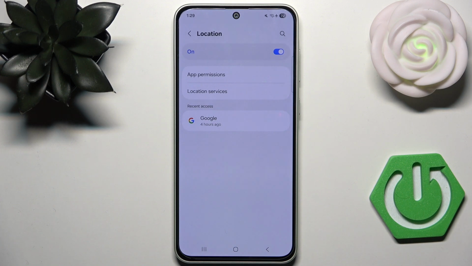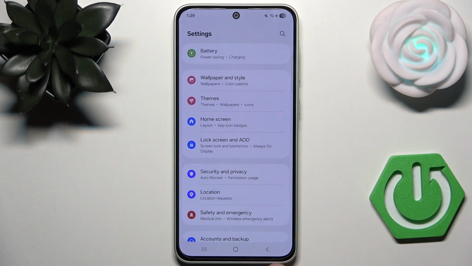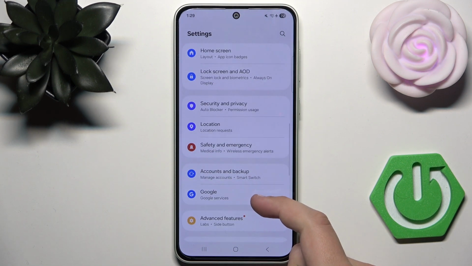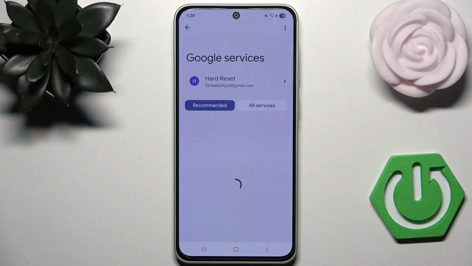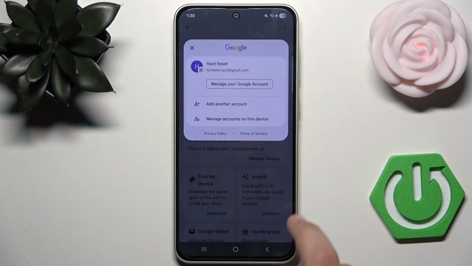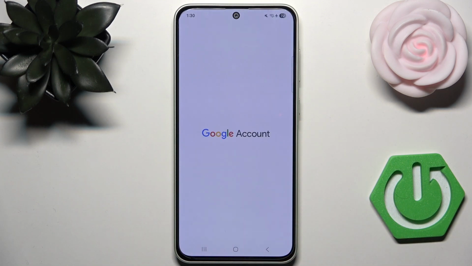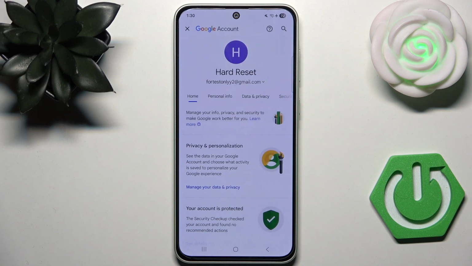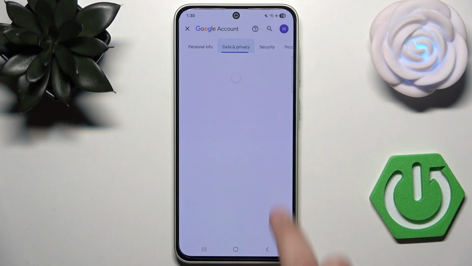Now what we can do is manage Google privacy settings, and now we need to go back to the main page and now scroll down until we see Google. Now click on it, and here what you can do is manage your Google account. So go here, click it, now go to data and privacy,